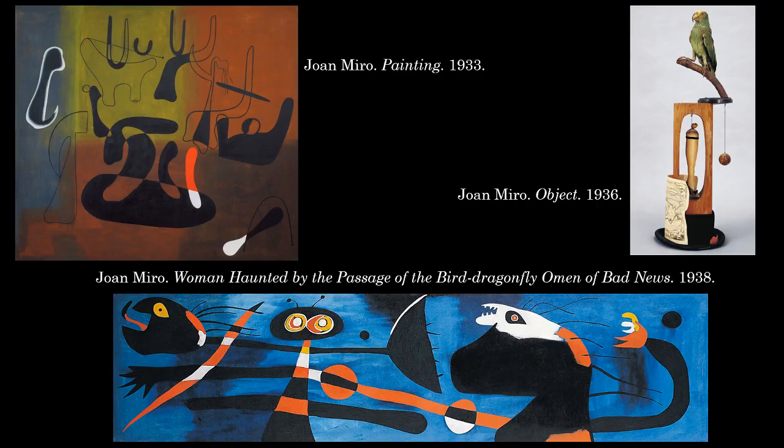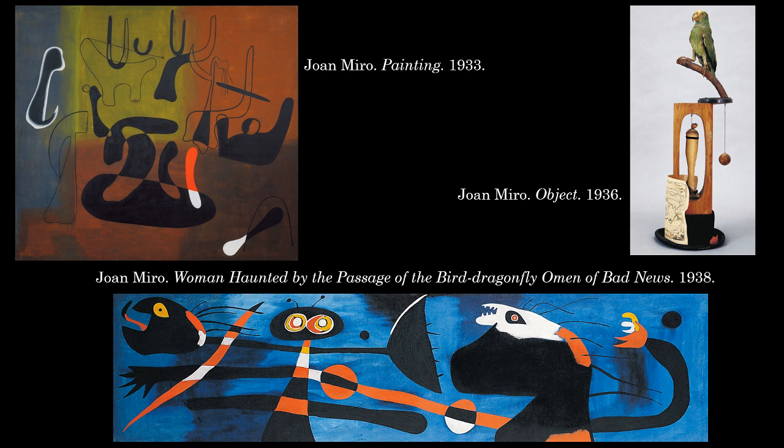Now, another important surrealist artist is Joan Miró, and he engaged in a more abstract style of surrealism, and most of his finished works were a product of that automatism that I mentioned, but I haven't exactly taken the time to explain it yet. So automatism refers to the uniquely surrealist approach to making art in which the artist suppresses